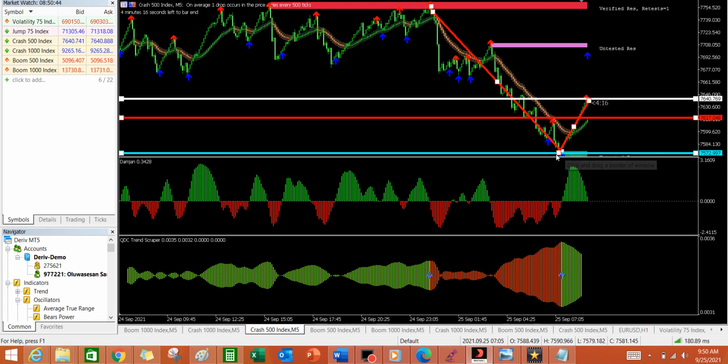This is what I'm trying to say. This is your entry point right here. Your entry point is on this support zone, and you are buying this Crash. The price action has gotten to where the white line is, and you introduce your stop loss to somewhere here. If a spike should happen, in most cases, because it is 5-minute time frame, it either gets to this region just before where your stop loss is, or if it gets to your stop loss, just the tip of it will get there, so it won't really have a big effect on your profits. Do you get it?